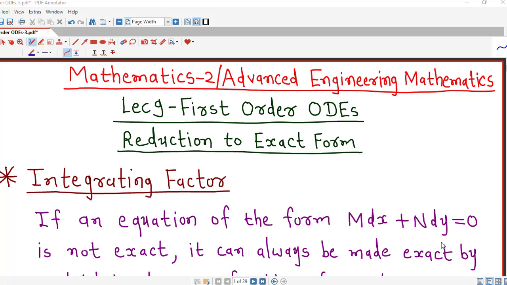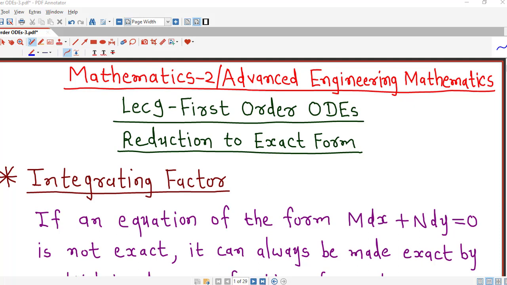Hello friends, I welcome you in lecture number 9 on first order ordinary differential equations. In the previous lecture we discussed what an exact differential equation is and how to find its general solution. In this lecture we will see, if our differential equation is not exact, how to convert it into an exact